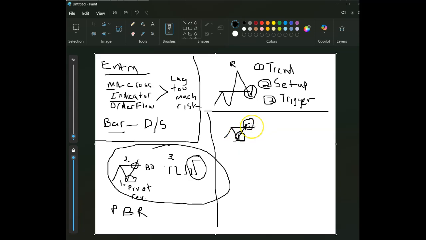Both have a chance of failure, let's just get that straight. But when you buy here, your risk is reduced. Less risk here, more risk here. All right, now that we understand that,